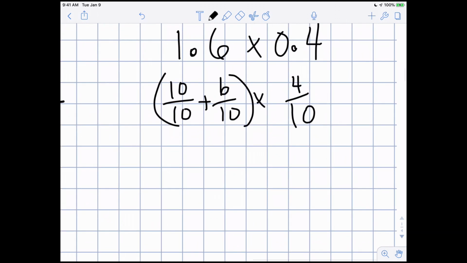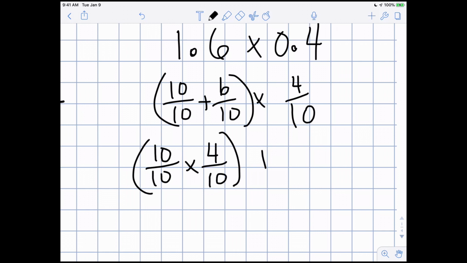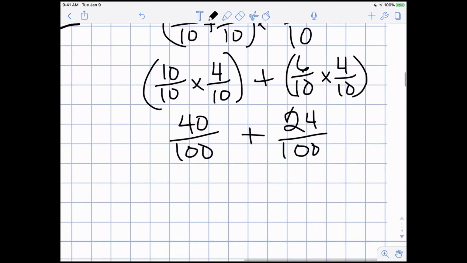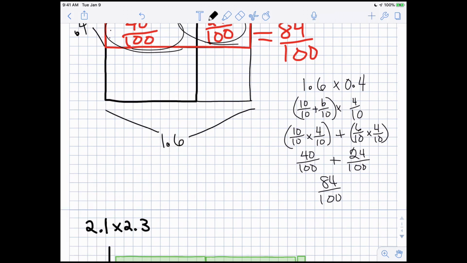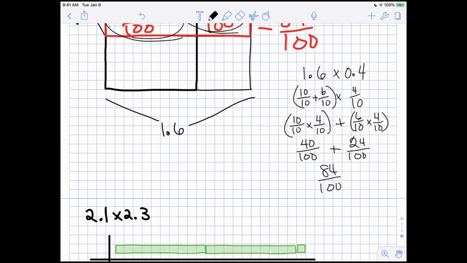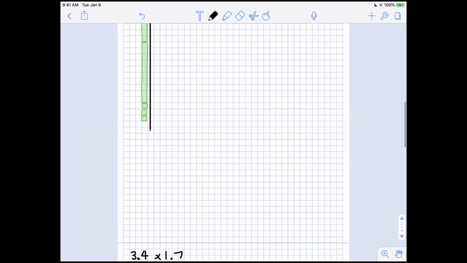Here's one and here's the other. So one rectangle was going to be 10 tenths across by 4 tenths tall. And then the second one was going to be 6 tenths across by 4 tenths tall. And so here's our 40 hundredths. Here's our 24 hundredths. And you add that together, you get 84 hundredths. So there's another way you could be thinking about it as you're starting to get towards that abstract. All right, let's skip right to